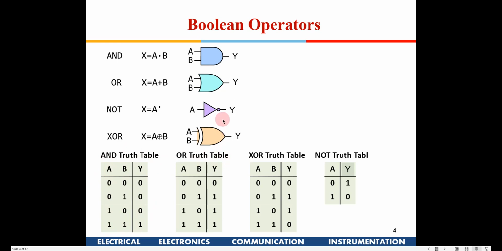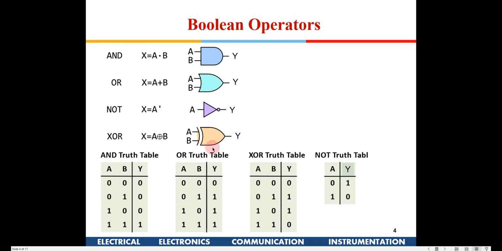For an OR gate, this is the truth table, and you need to remember these symbols also, because henceforth all the circuits will have these kinds of symbols. Once a gate symbol is given, it is understood that it is an AND gate; it will not be written AND or OR in the circuits. So you need to remember these shapes and symbols.